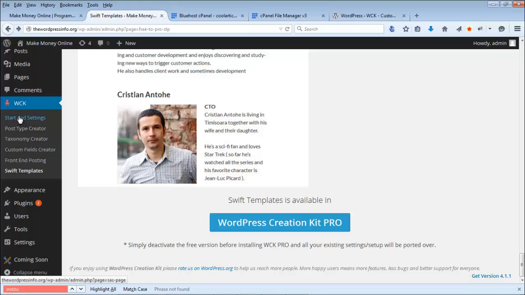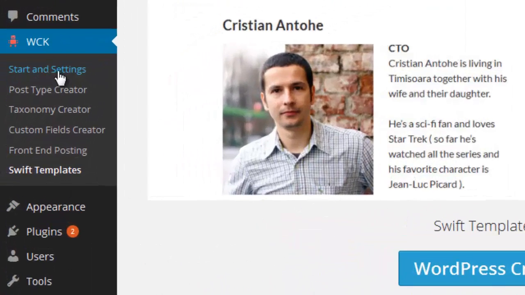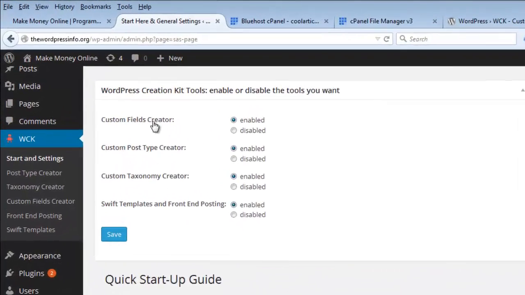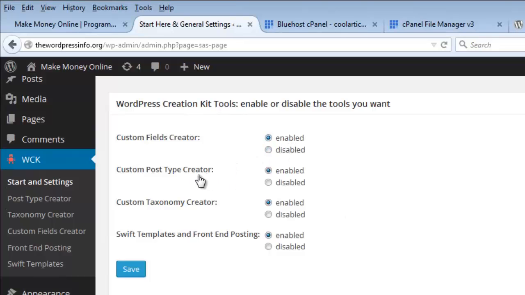Okay, so now let's go to this start and settings and see what settings are there. These are the main settings. You have custom fields creator enabled here, and custom post types is enabled, and custom taxonomy creator is enabled, Swift templates and front end posting is enabled. This tutorial is mainly for custom post type creator and adding some custom fields, so I'm going to deal mainly with these two things. If you don't want this custom taxonomy creator, you can just disable this one and click on save,